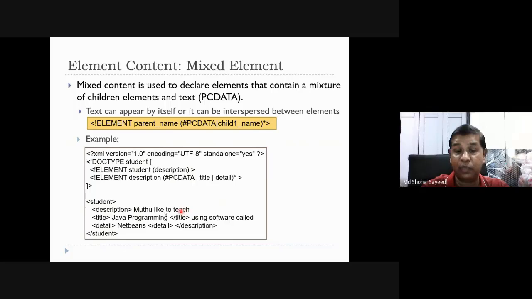This is mixed up because we want to continue with other children. The child is title, then we put the title, then using software called, again we put the child, details, NetBeans, details end tag finish, and then we finish the end tag of description. Then at the end, we finish the root end tag student.